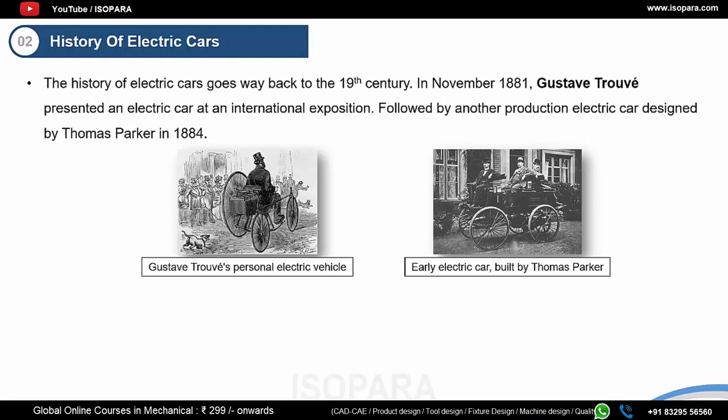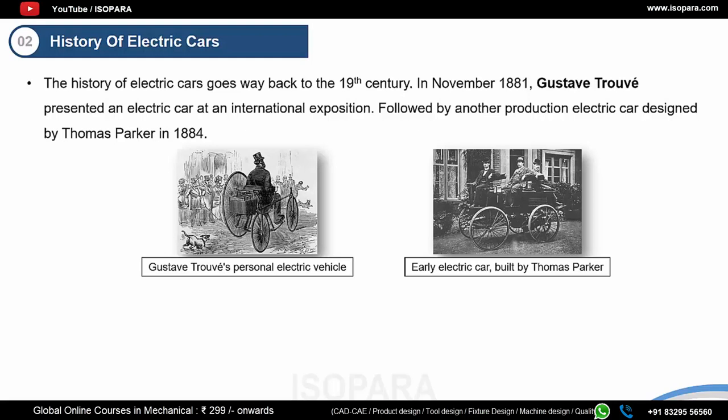Then, in 1884, an English inventor named Thomas Parker, who was responsible for many innovations such as electrifying the London Underground, overhead tramways in Liverpool and Birmingham, and the smokeless fuel that we call Coalite. So, these are all the things that he worked on and invented. And he also built the first production electric car in 1884. But we only have the images for the documentation or for the proof. There is no physical evidence, or the actual wagon that you can see or be in a